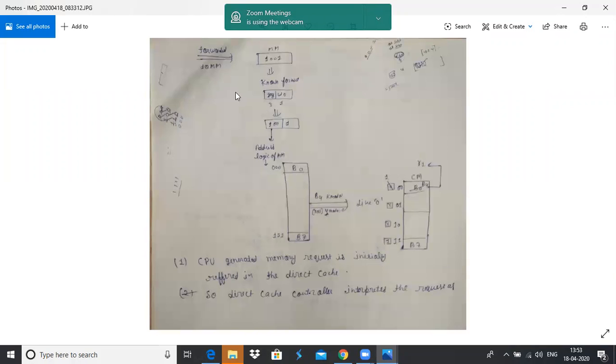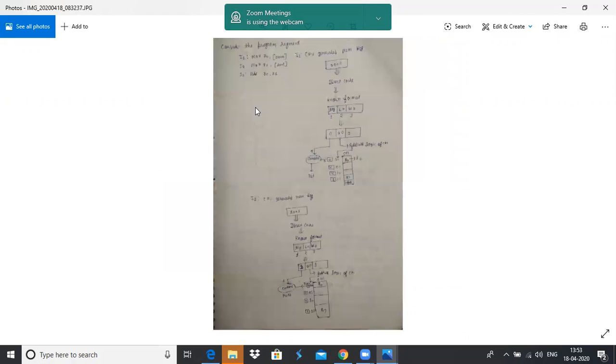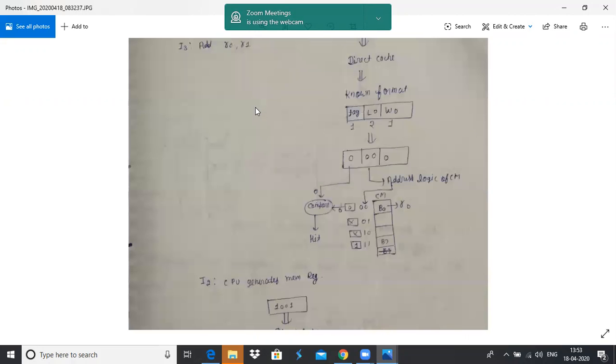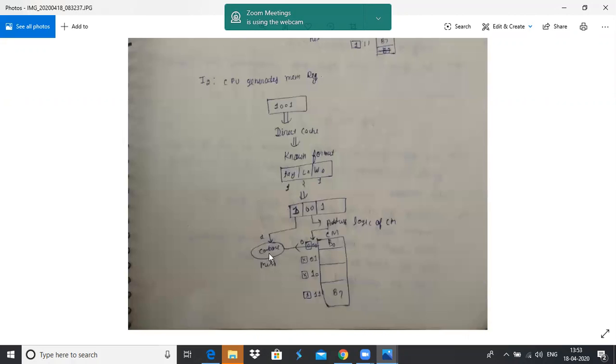If the operation is a miss operation, then the request is forwarded to the main memory. It represents that the corresponding main memory block does not exist in the cache memory.